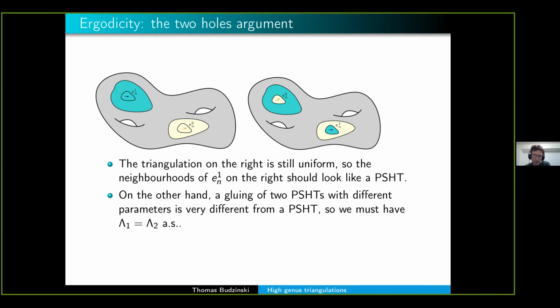For the Ising model on high genus maps, it's not been done. I think a natural first step would be to try to define the infinite models. It's something that I have already tried a little bit. It's not as easy to define the infinite models as it is in the uniform case, but it might be possible.